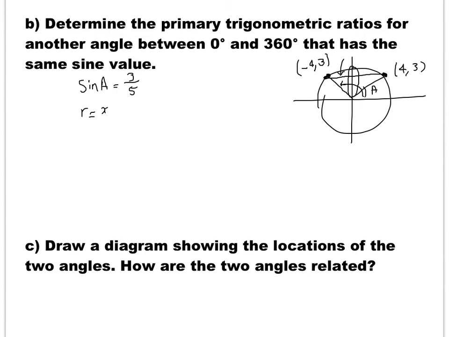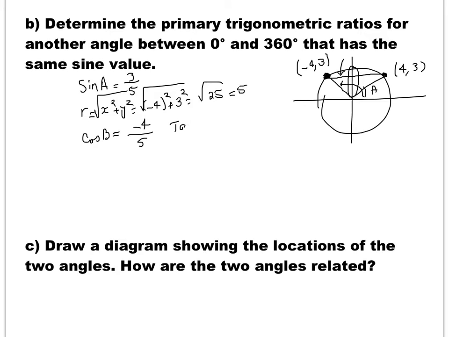5, which is the square root of x squared plus y squared, which is -4 squared plus 3 squared, which is the square root of 25, which is 5. So the sine of this angle, the new one, is going to be the same, 3/5, but cos, let's call it angle B, is going to be x/r, but x in this case for this point is going to be -4/5, and tan B